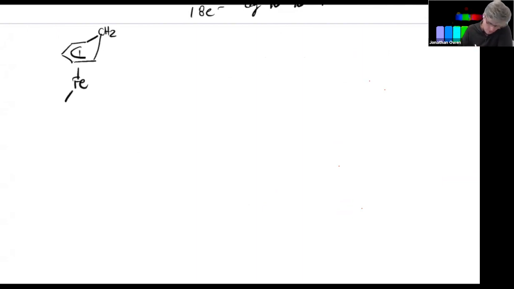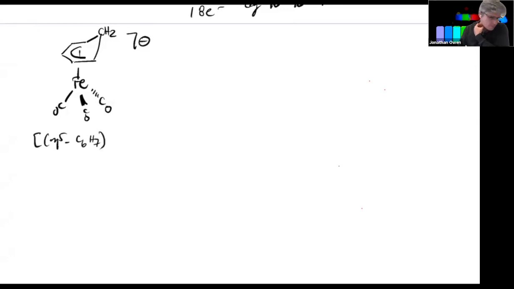Look at this guy. You could write this formula, η5 C6H7 FeCO3 minus. So iron is 8. We now have a minus charge, not a formal charge, a minus charge on this fragment. We're going to add that to the pile. That's a 1. Each negative charge gets a 1. We've got an η5